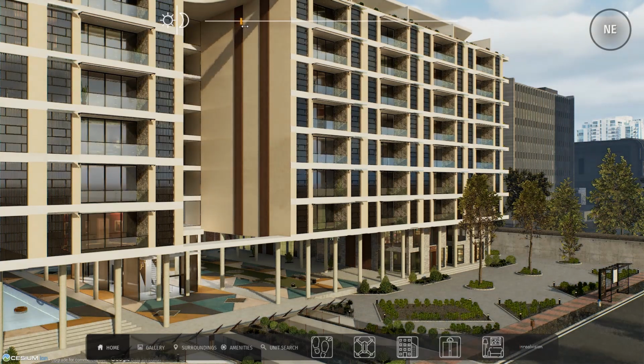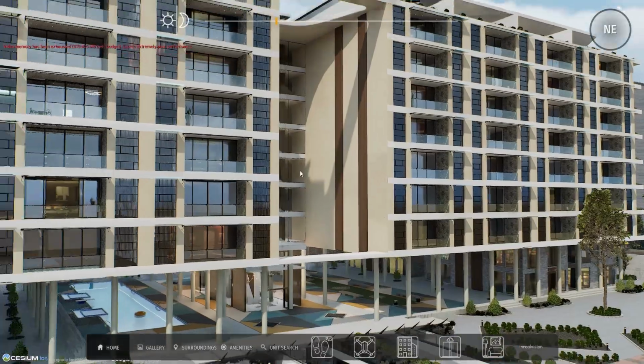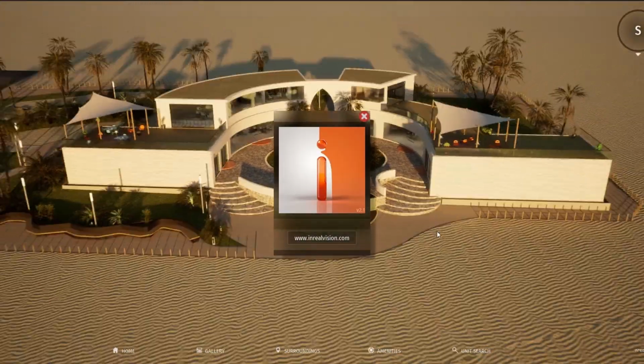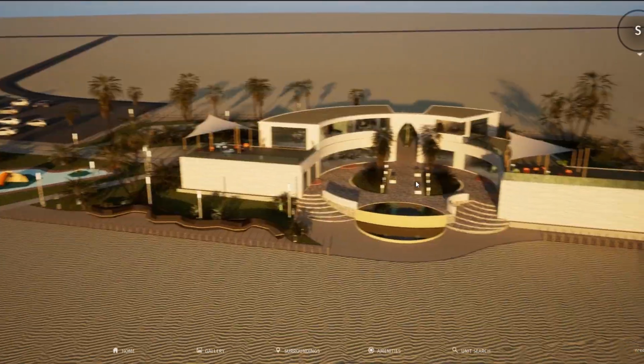Bring your real estate to life on your website with InReal Vision. Get captivating, interactive 3D tours of your properties to attract more potential buyers or tenants through a unique virtual viewing